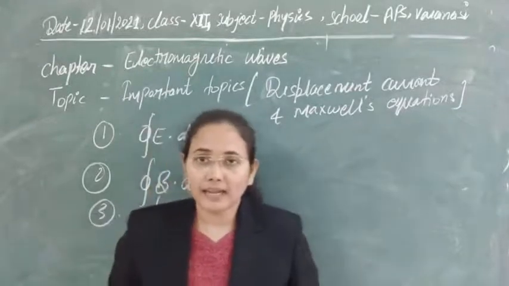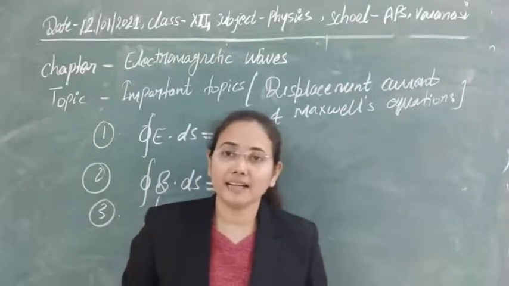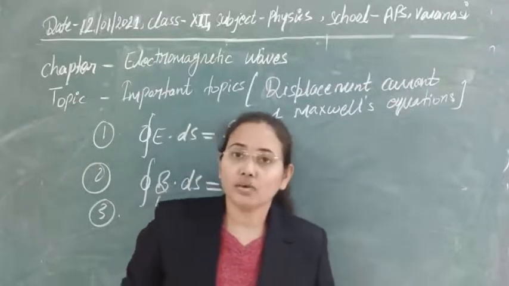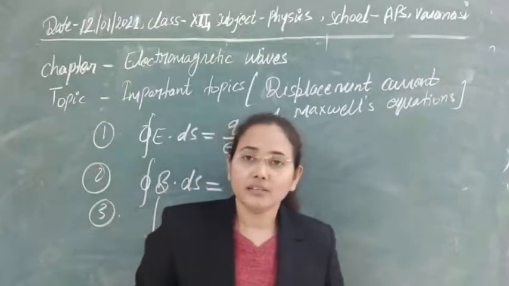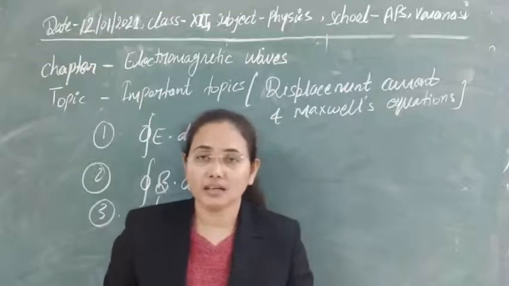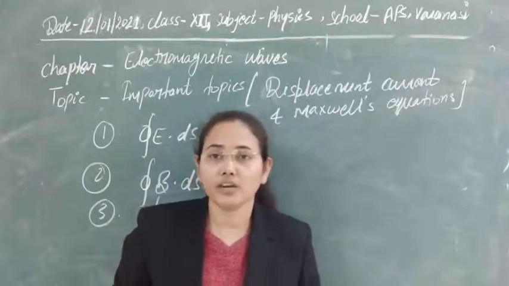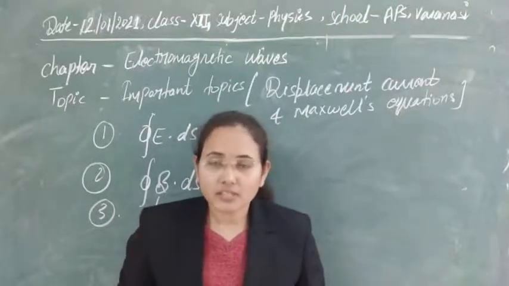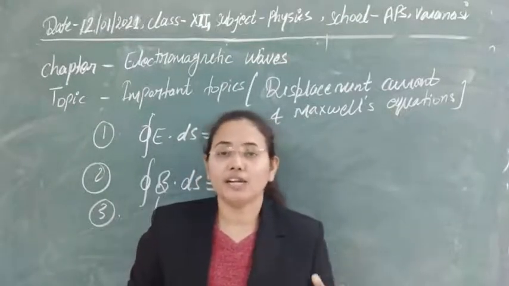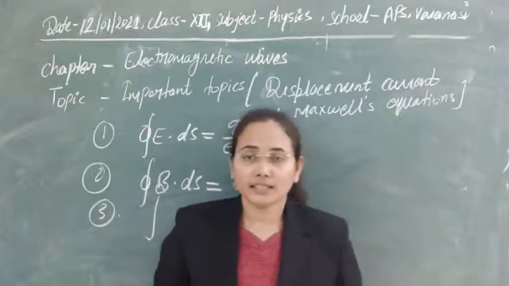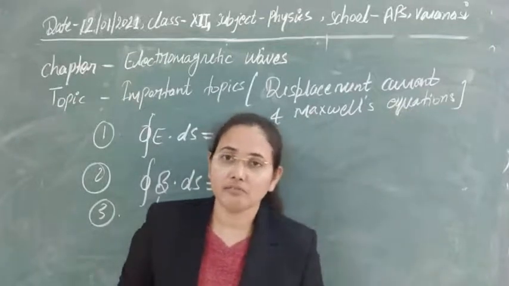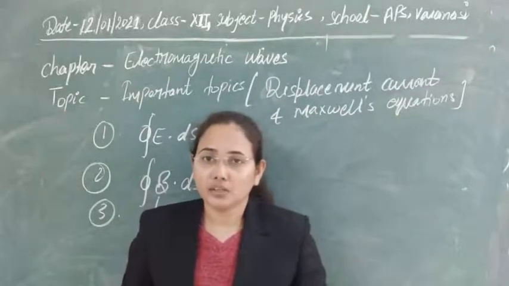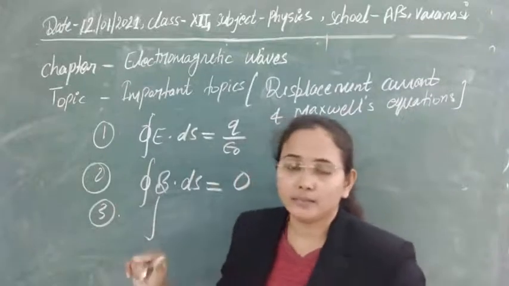In that case the charges are steady, meaning they are not varying. In other words, we are talking about a steady, constant or fixed value of current, and a varying value of current, or a fixed value of the field. Two kinds of fields we are talking about here: whenever the electric field and magnetic field are fixed somewhere, and whenever they are varying. For those two cases you can understand and write it.